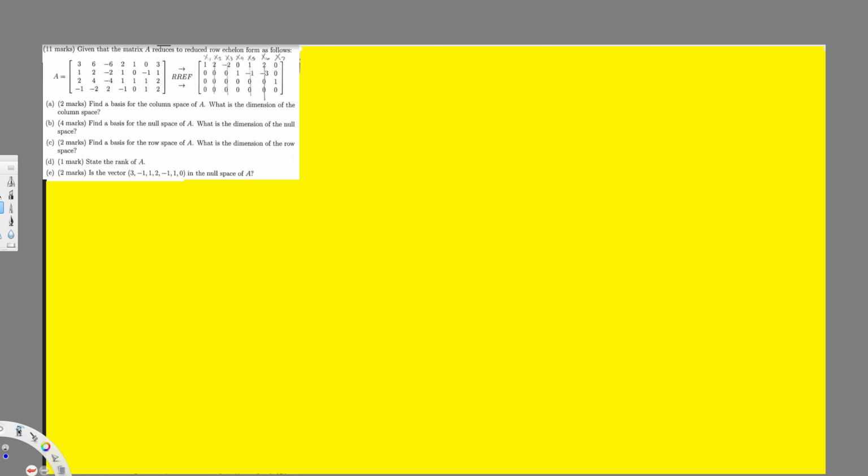Problem right here. The question is asking, given that the matrix A reduces to echelon form as follows. So they have done the Gauss-Jordan already, and the first question is asking, find the basis for the column space of A. What is the dimension of the column space? Since we have a Gauss-Jordan pattern already, we don't have to do the Gauss-Jordan, so we can directly find the